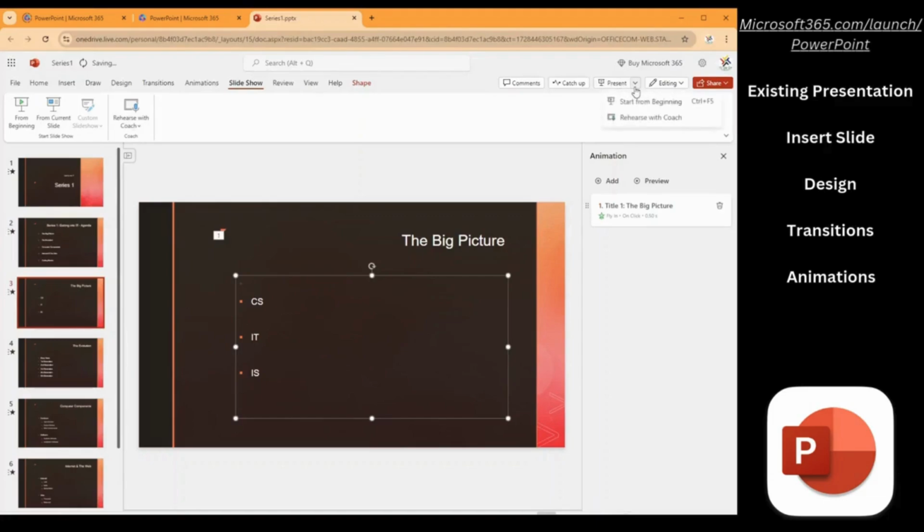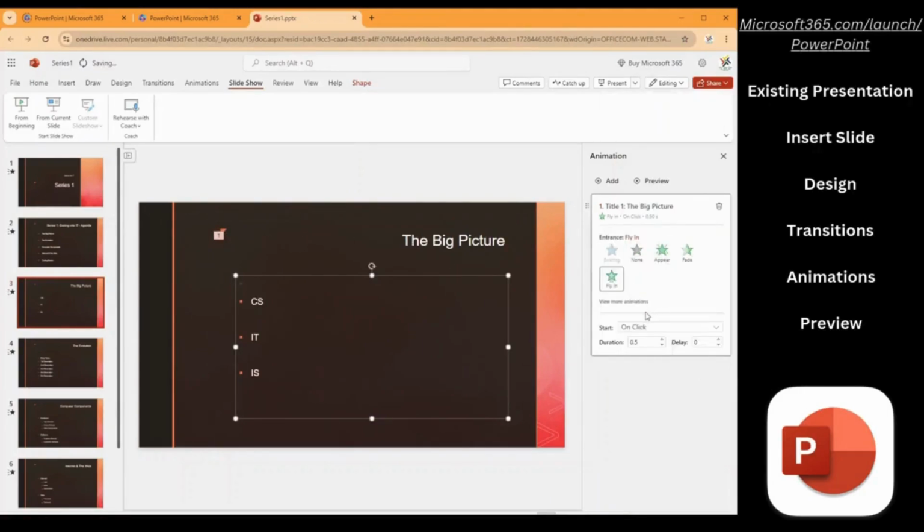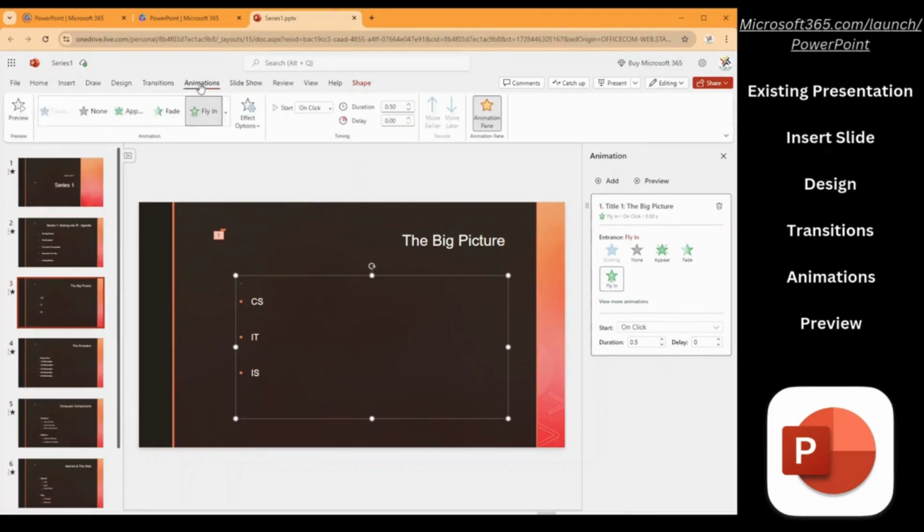We can preview it either by looking at the presentation from that current slide or from the beginning, or just previewing the animation. There are more details about the animation, including when you want it to start, its duration and delay, which you can see on the column to the right, or you can even see them in the ribbon